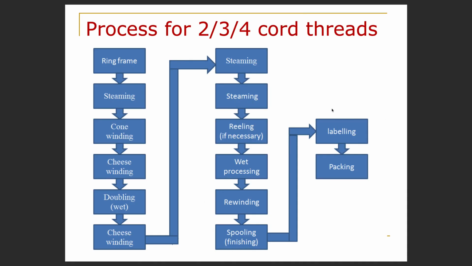So this is the process by which the sewing thread is formed. So when we obtain the yarn from ring frame, it undergoes a series of processes before it can be packaged and can be sent to the sewing room for performing the different sewing operations. So ring spun yarn will be subjected to steaming. Then it will be wound onto the cones. Cheese winding can be done. It is doubled. Then again it is cheese wound. Steaming is done. Then reeling is an optional process. If required, it can be done. Then it is subjected to wet processing, followed by rewinding, spooling, labeling, and finally the packaging of that sewing thread